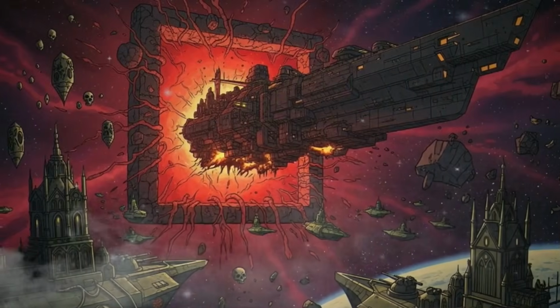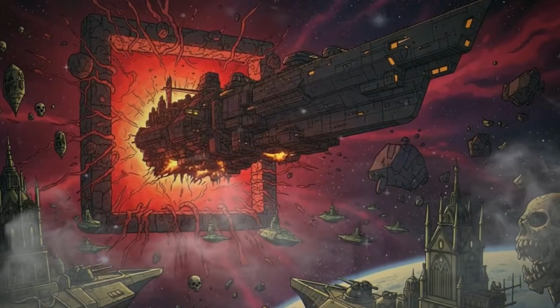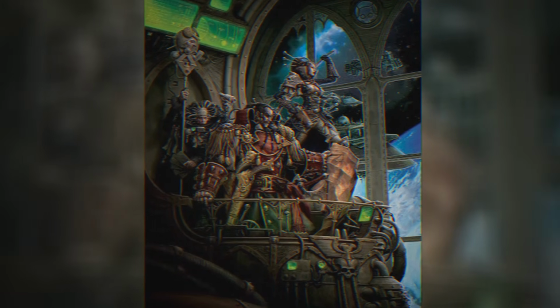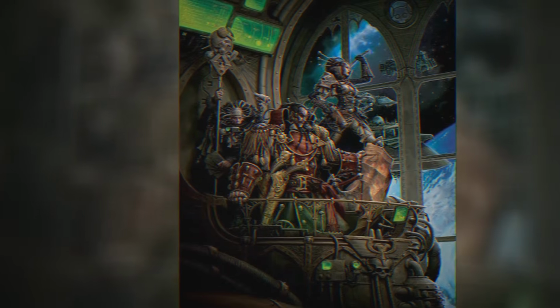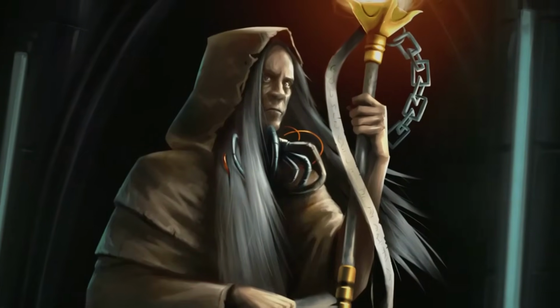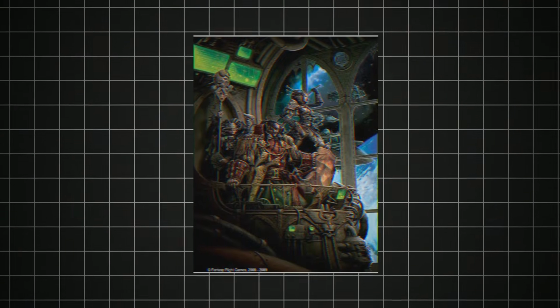This cataclysm had immediate and devastating consequences. Countless worlds, once connected by the psychic beacon of the Astronomicon, the Emperor's psychic light that guides interstellar travel, were suddenly cut off from Terra, the Imperium's homeworld. The Astronomicon itself was fractured, its light dimmed and distorted by the Great Rift's chaotic energies. This led to widespread isolation, as interstellar travel became perilous or impossible for many systems.